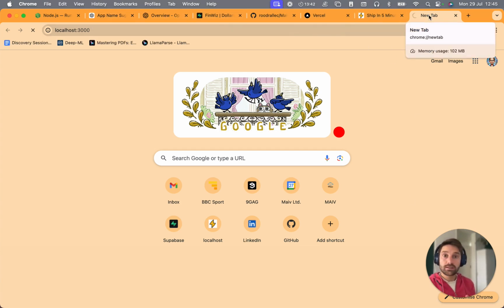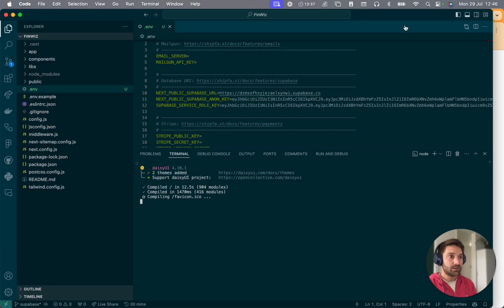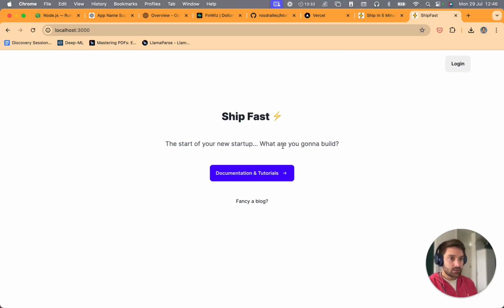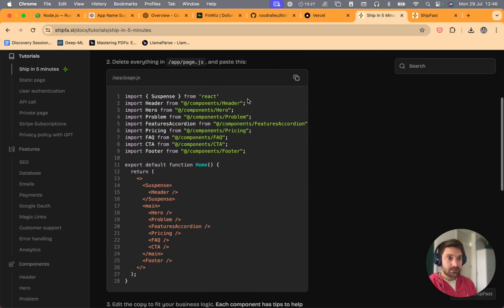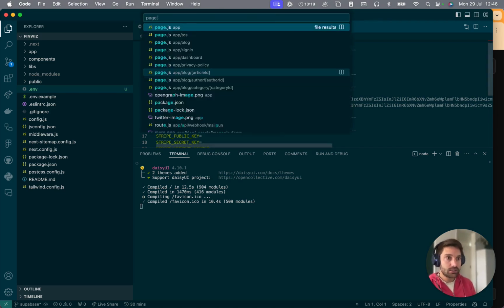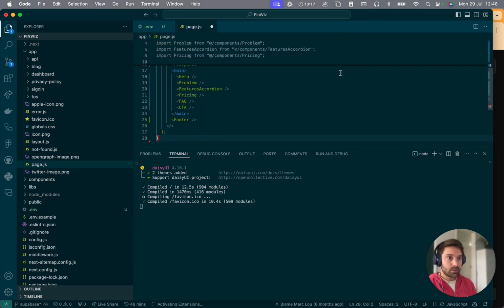So once this is set up, what we're going to do is go in, change the assets, change the copy, change the images so that it's our own code. So you can see here it's running locally, we've got ShipFast. In the 5-minute tutorial, to get started in 5 minutes, what you can do is copy the app page.js code that they've shared here in the documentation. So we go into page.js in app, replace that, save,